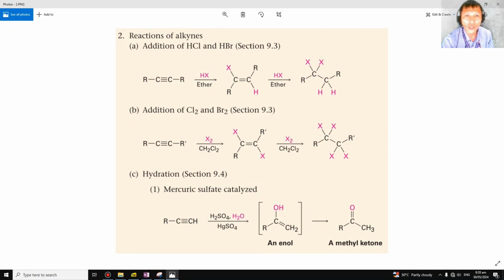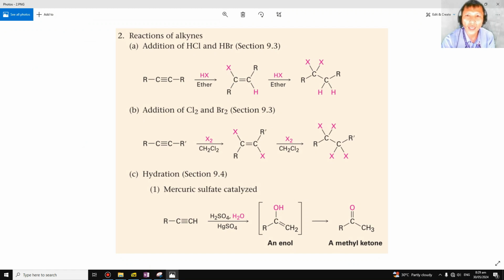Meaning in your reaction of ethyne, those triple bonds, the other carbon would have hydrogen, hydrogen, and the other carbon would have X, X. Now, there's a detail explaining which carbon would have the H's and X's. A simple rule will be Markovnikov's rule. Maybe we can start with Markovnikov's rule. There are a lot of rules, but we will just avoid the details because you're not chemists. So applying the simple rule,